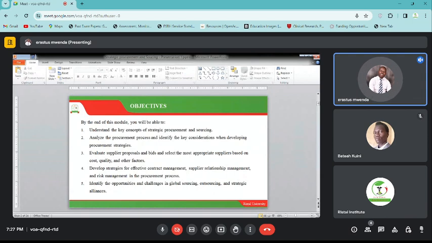Just like organizations like Crystal University would be looking for opportunities for them to explore, new courses to explore, new partnerships to explore. And also, you would be very keen in terms of threats, because when you are not keen in terms of threats, then you are likely to find yourself kicked out by your competitors.